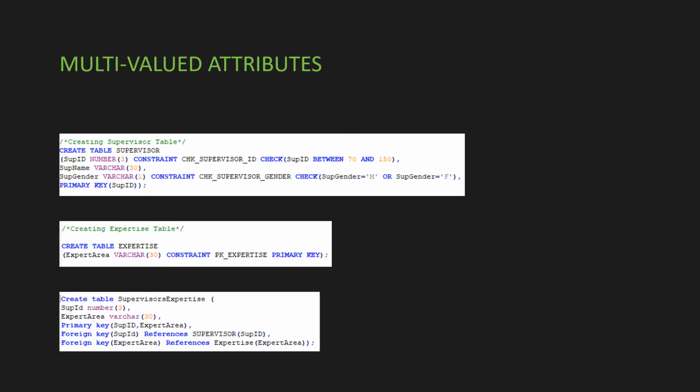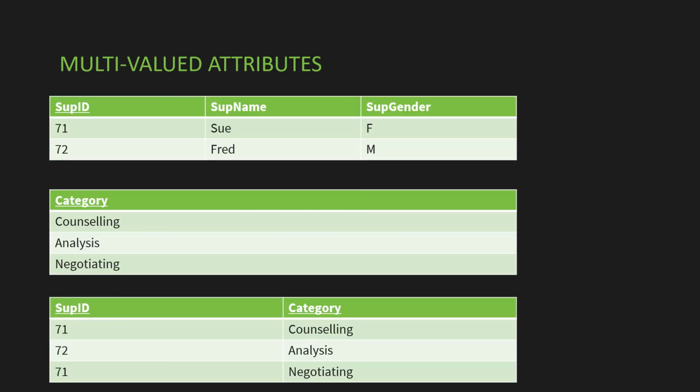So these are the create table statements that we use to create the database according to our new ERD. First we have to create the supervisor table and the expert area table, because they are parent tables. Supervisor expertise is a child table here. A child cannot exist without parents. So before creating the child table, we have to create the parent tables. After creating those 3 tables,